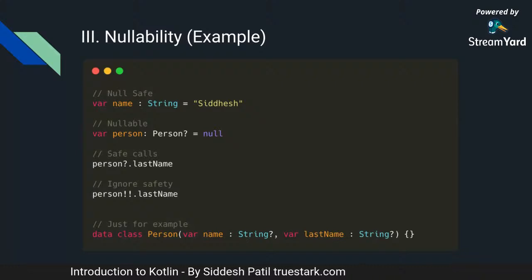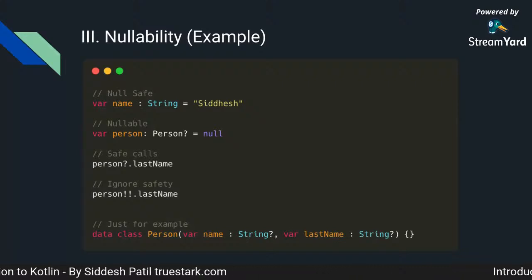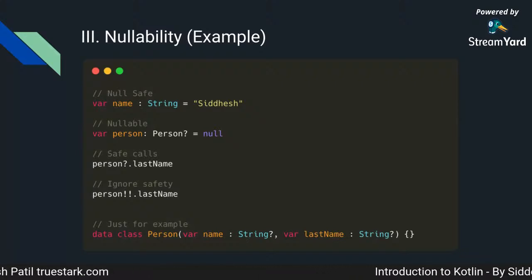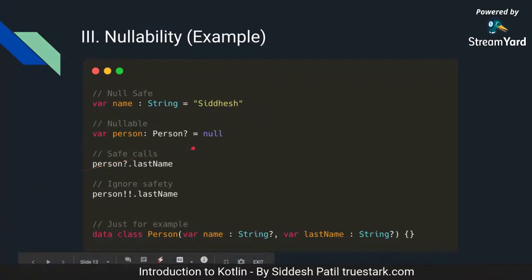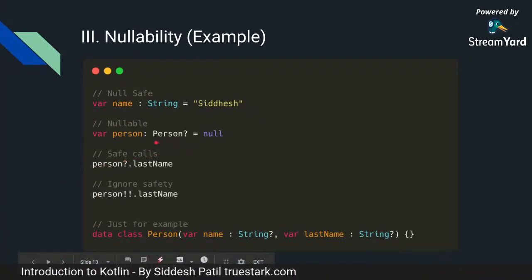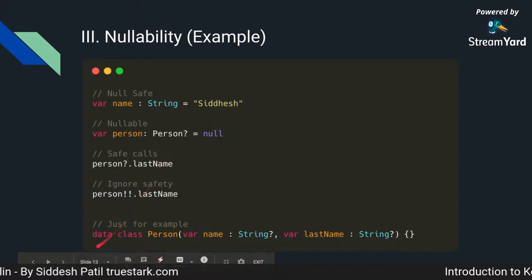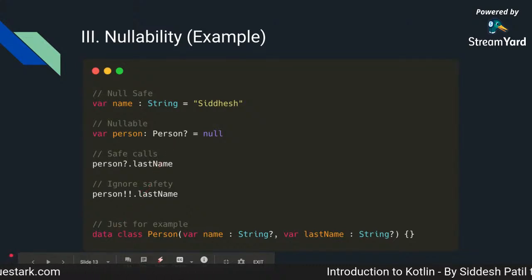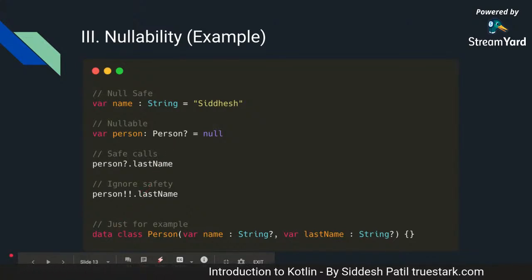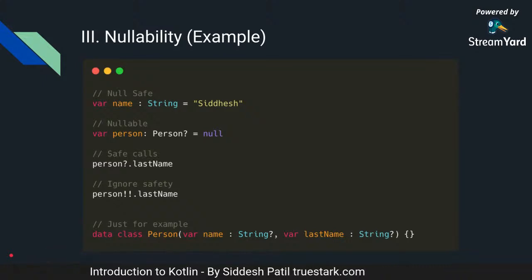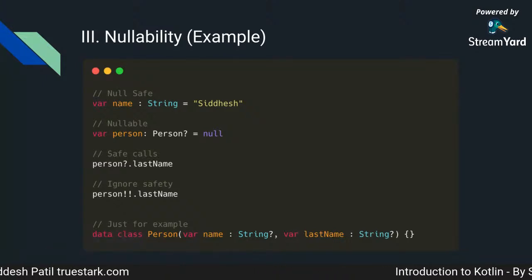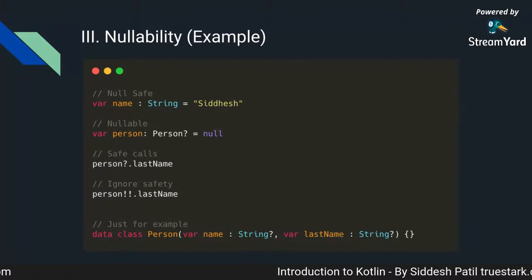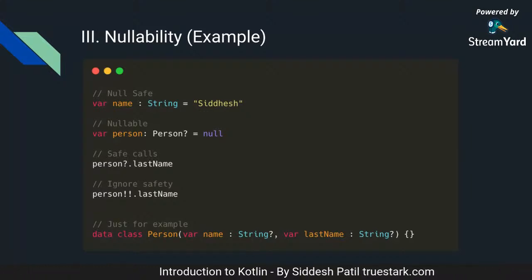But now if you, let's say, want explicitly to have a null value in a certain variable, then you can put this question mark in front of it. For example, here I have this class person. I have defined it at the bottom here. We don't need to go into specifics of what a class is and what a data class is. Right now, understand that this is a class, and we are just making an object out of it, and I'm assigning it a null value.